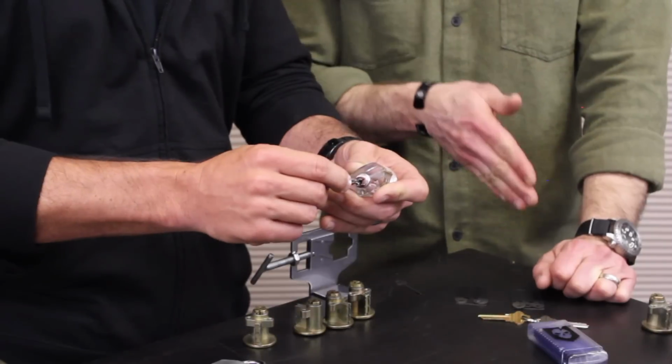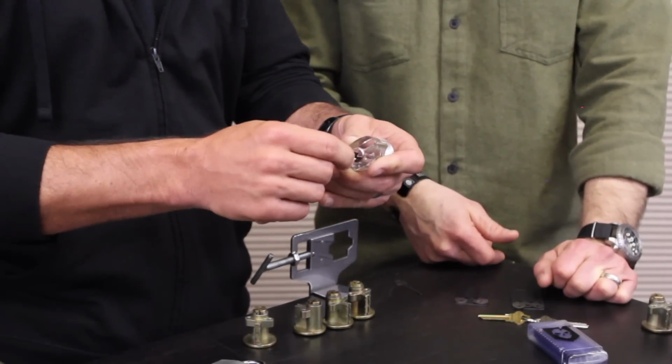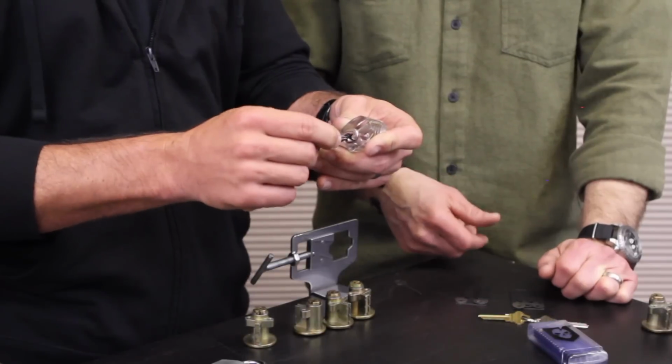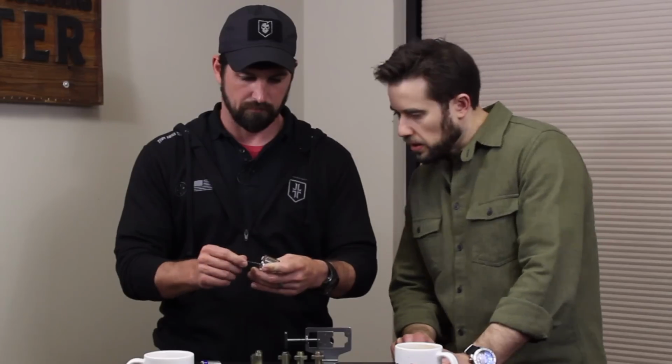So actually bring it all the way into the lock first and kind of give a little lift on all the pins. There you go. And now just vary your tension a little bit as you're manipulating the individual pins. And you want them all...